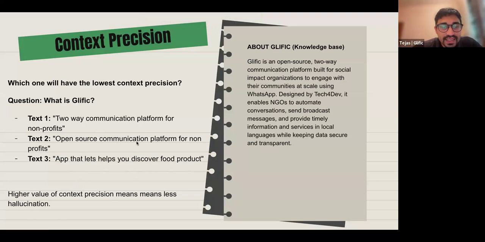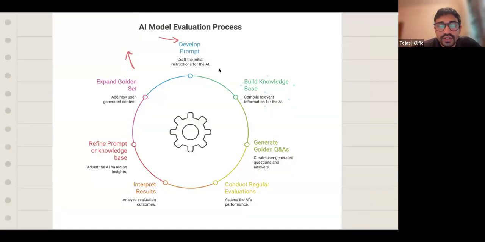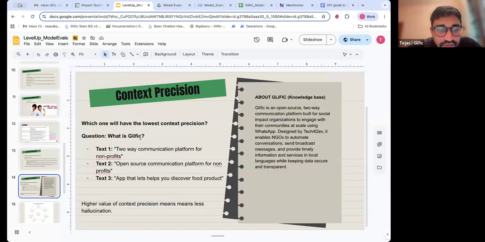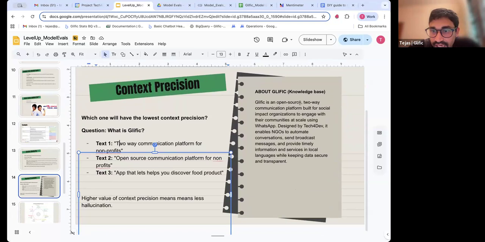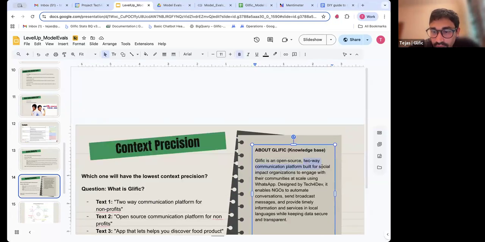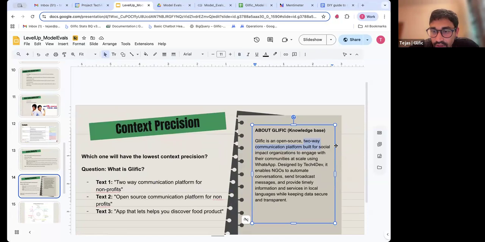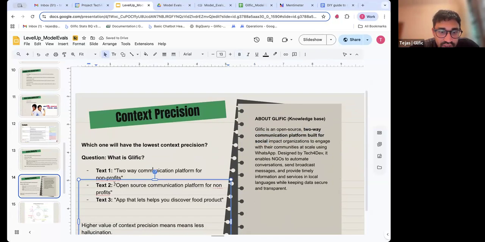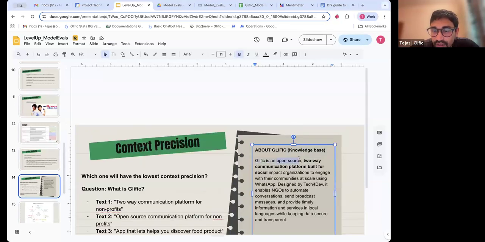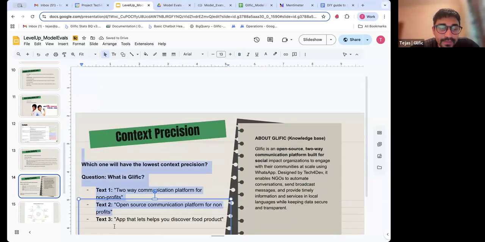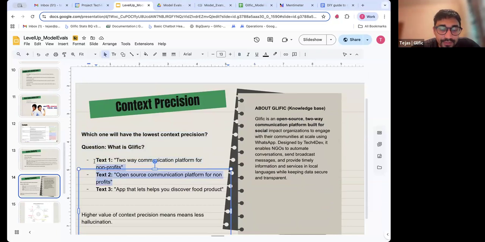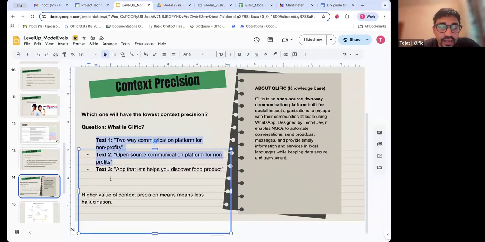Sorry, I'm at the risk of oversimplifying it, but as you can see, for each of these texts, two-way communication platform for non-profits can be found as two-way communication platform built for social impact. Open source communication platform for non-profits can be found here too, and open source can be found over here. So whatever can be found in the knowledge base. What happens in the background is something I'm not going deep into, but